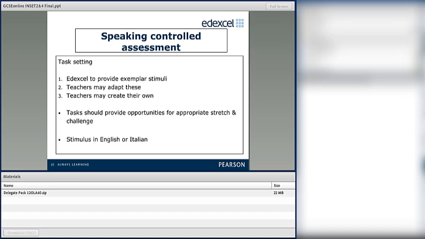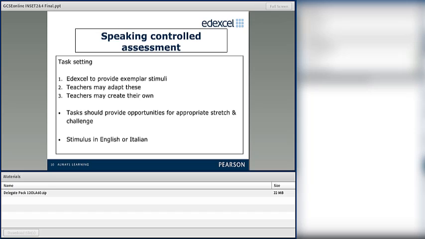The idea, however, is to provide opportunities for stretch and challenge, as we were saying before. A well-able candidate should be doing something slightly more, that will stretch them further, while a weaker candidate should do a simpler task. The stimulus can be written in English or in Italian, as you prefer. If you write your own, whichever task you are preparing yourself, there's no need for Edexcel to approve it.